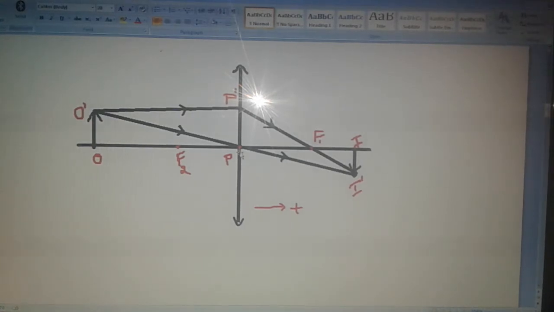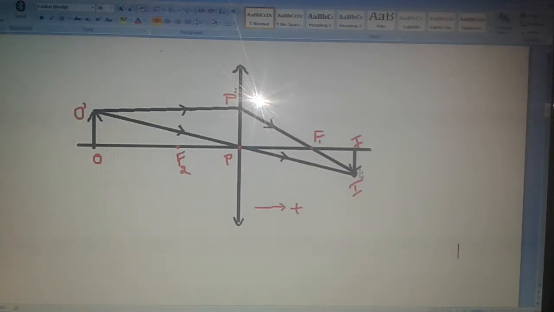Here PO is the object distance, PI is the image distance, and PF1 is the focal length respectively. Now, if we observe this figure thoroughly, we can see two triangles, P prime F1 and